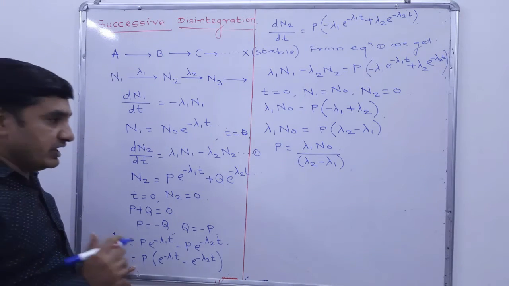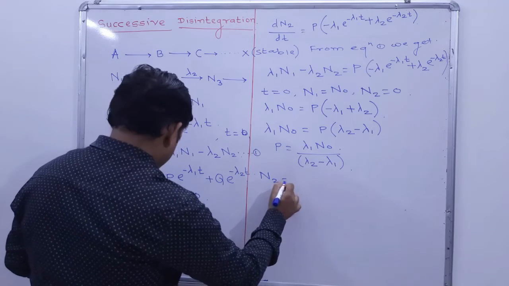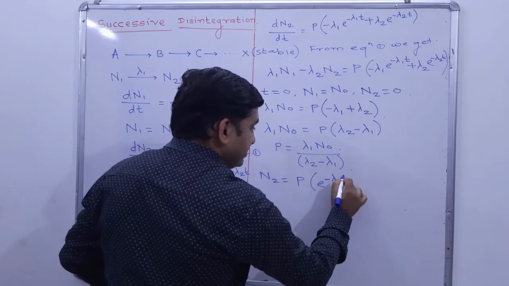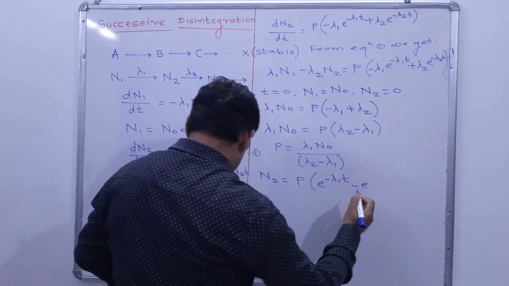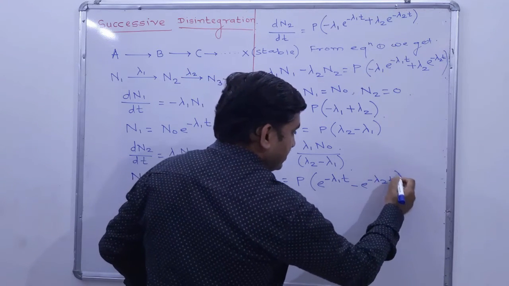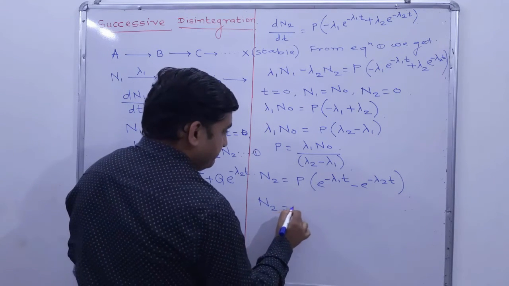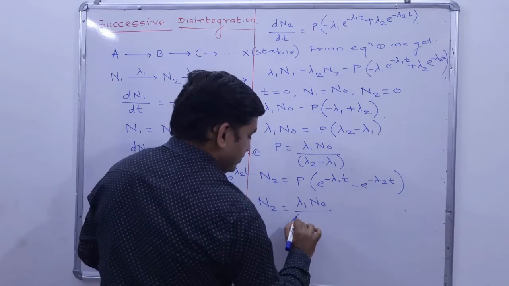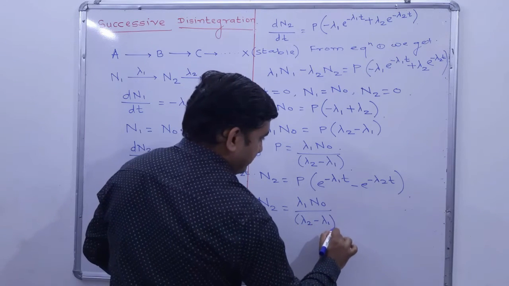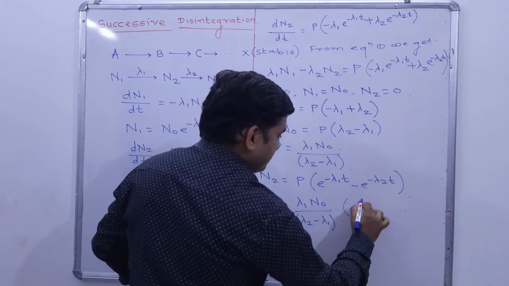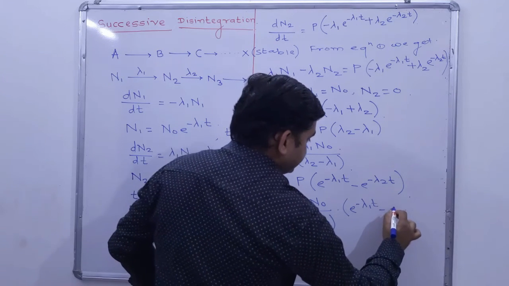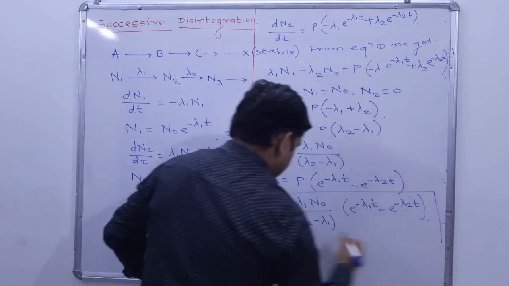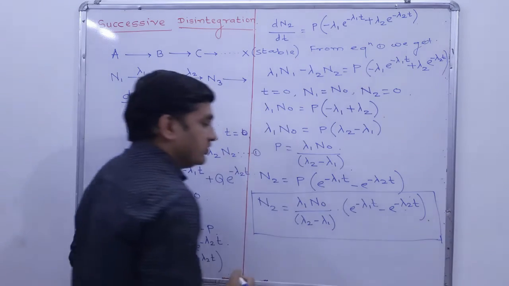We know that N2 is equal to P in bracket e raised to minus lambda 1 into T minus e raised to minus lambda 2 into T. And therefore N2 is equal to P, where the value of P is N1 into lambda 1 into N0 divided by lambda 2 minus lambda 1, into e raised to minus lambda 1 into T minus e raised to minus lambda 2 into T. This equation represents the number of daughter atoms,